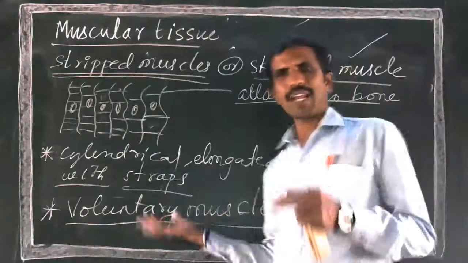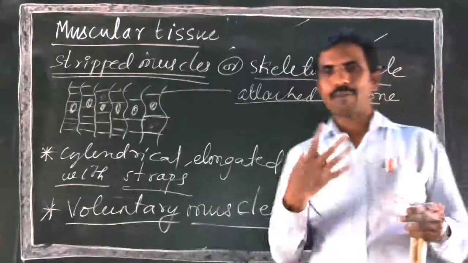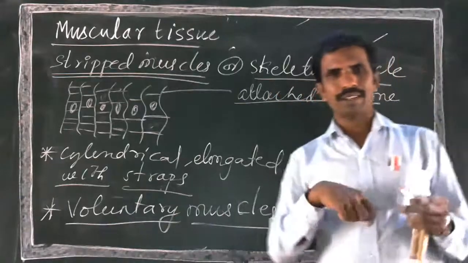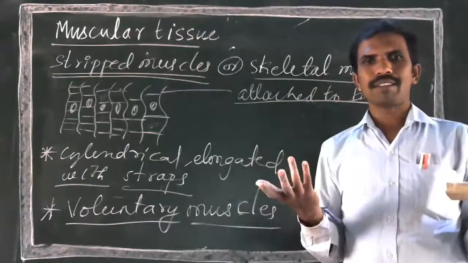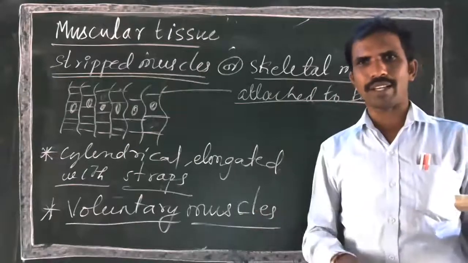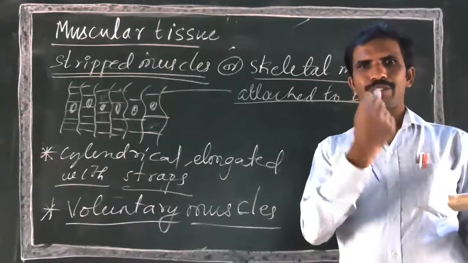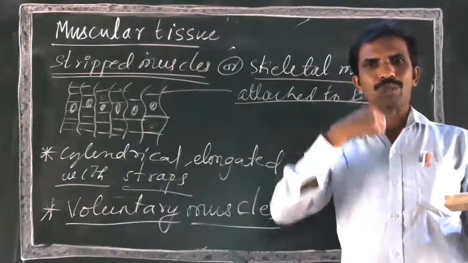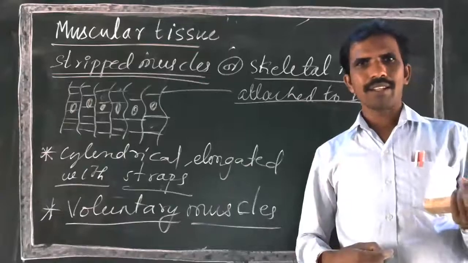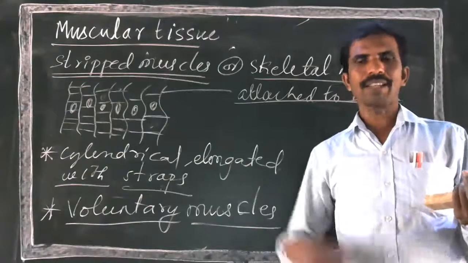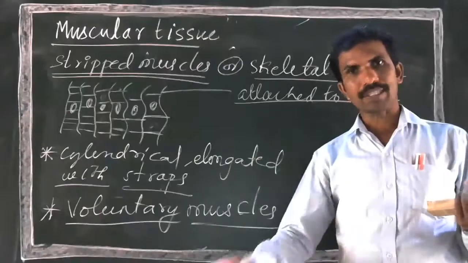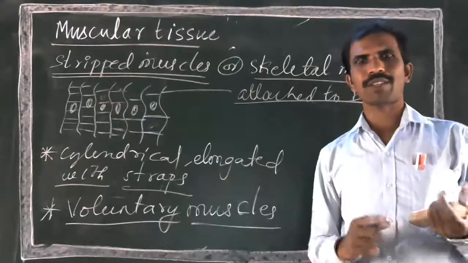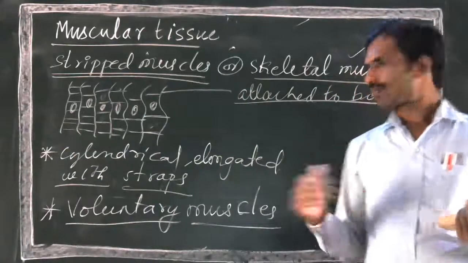Otherwise, this is involuntary activity. Breathing is an involuntary activity. Beating of the heart to pump the blood is an involuntary activity. Swallowing, food is swallowed, and after that it is an involuntary activity. The food moves inside the body. Swallowing is our process. After that, it moves to the esophagus, then to the stomach, then the small intestine, large intestine, and digestion happens. Then it is thrown out of the body. That is an involuntary activity, which is not in our control. We cannot stop that.